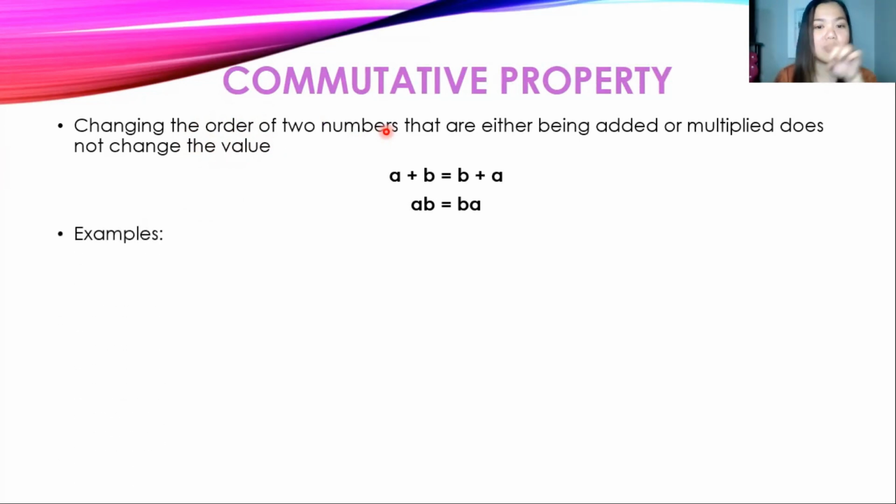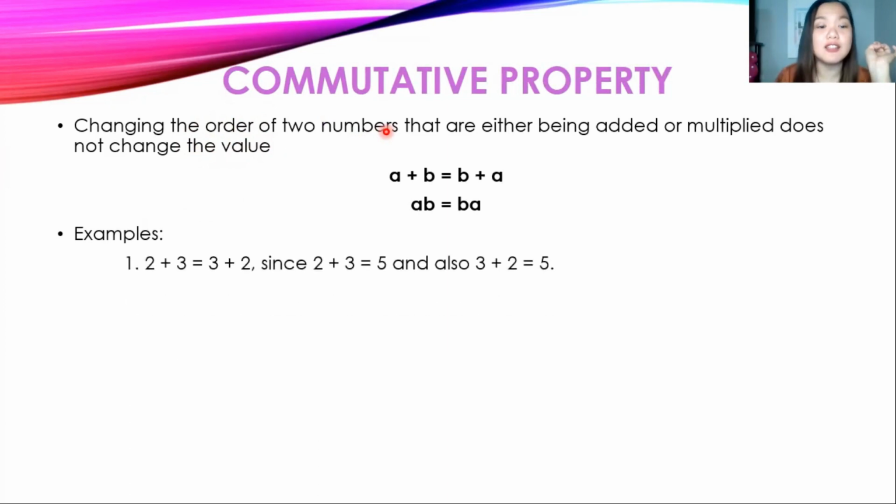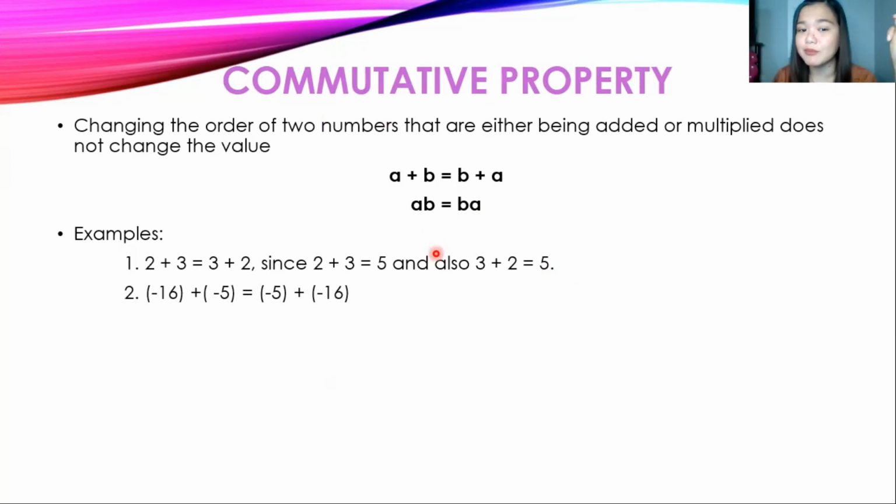Let's have examples for addition. So 2 plus 3 equals 3 plus 2, since 2 plus 3 equals 5, and also 3 plus 2 equals 5. Also, if you have negative 16 plus negative 5, it is the same as negative 5 plus negative 16